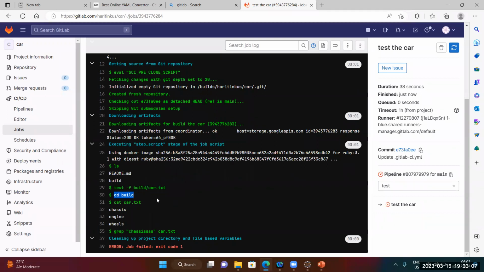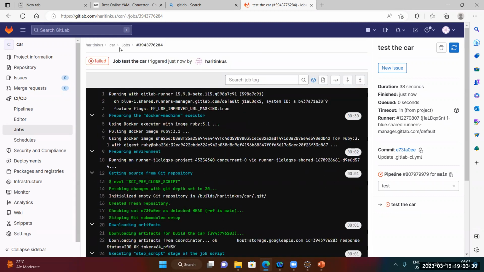It was able to find the file, and it was able to display all the content that we have in that text file, right? And then later it was searching for one of the strings which we have given to search. It was not able to find that, so the test case failed. Okay, so what exactly I wanted to tell you guys is